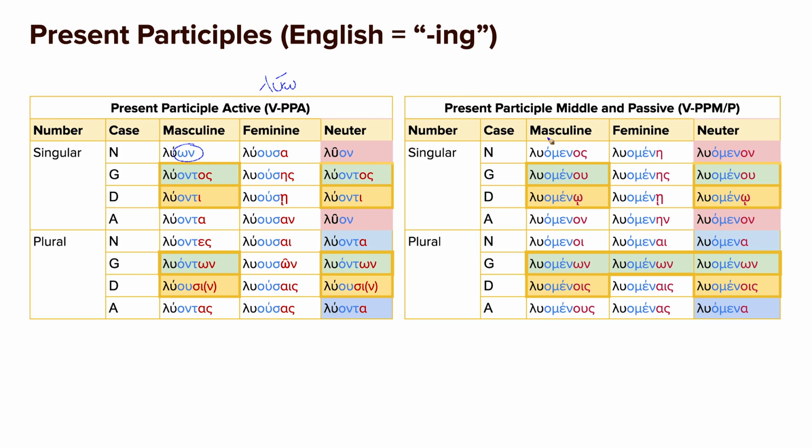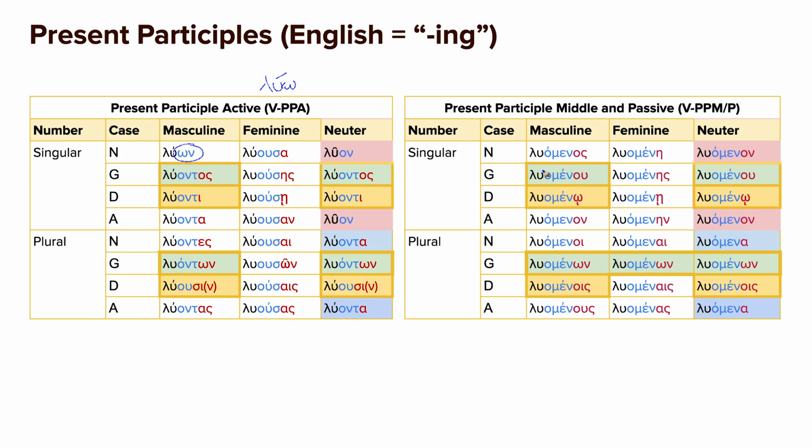All right, now let's talk about words that are in the passive or middle. Like here, this would be loosing myself. And note in present participles, there's only one form for both the middle and the passive, which is nice. And remember that men sitting in the middle of the pew, not doing their part. So men will indicate to you that this is a present participle, middle or passive.